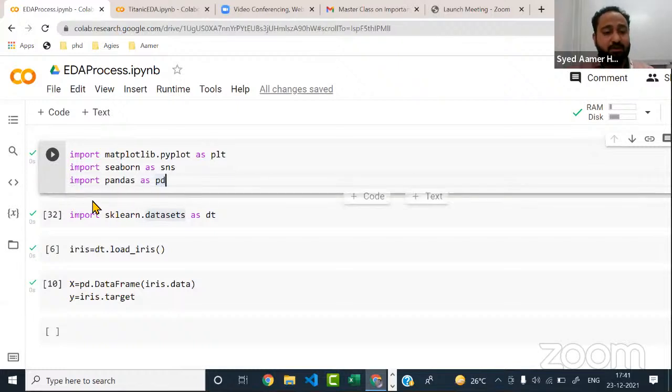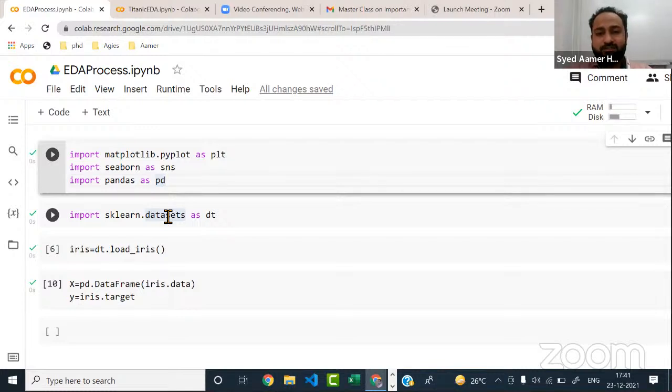So I have taken these libraries, and always remember, if you want to explore or understand any concept, if you come to know a new concept and you just want to apply it, for that you need a data set. You won't go to Google and search for a data set there, right?